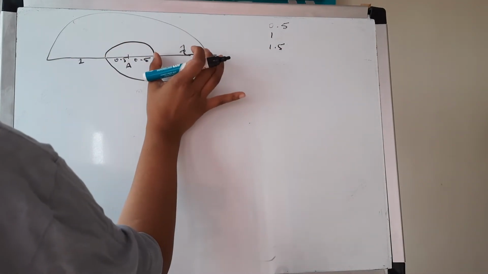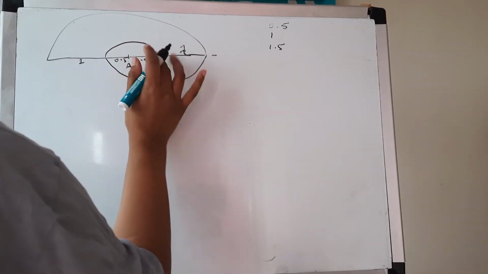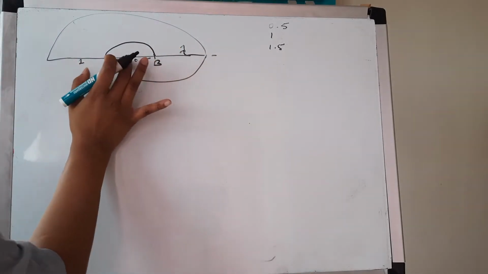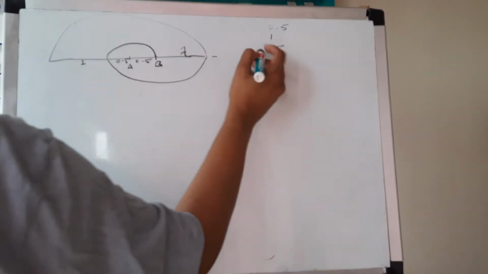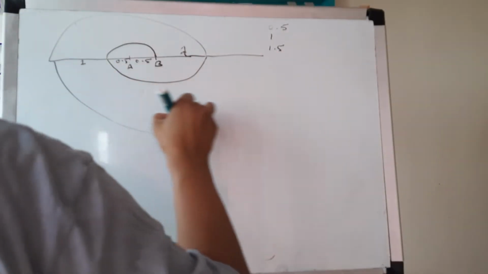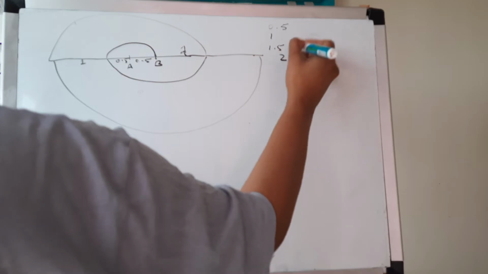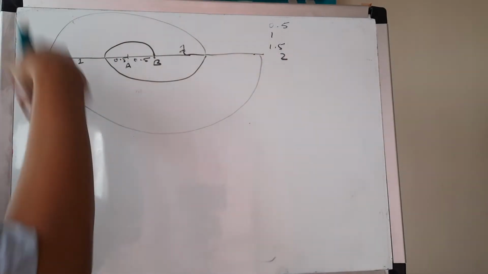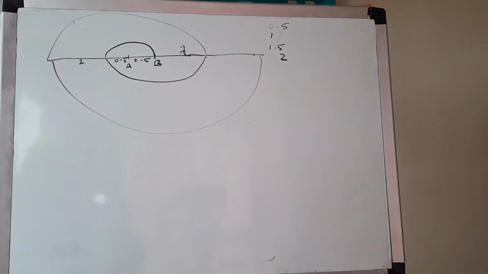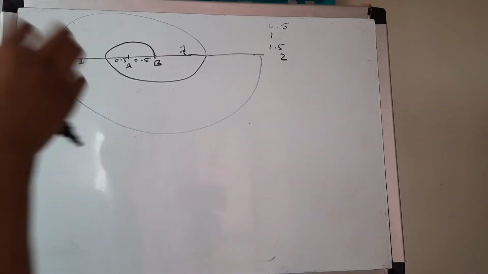So from here this is 1, right? So this is 1, 0.5, 2. This 1 is already there, so this much here, so it is like this. So 2. So this. So we have to net. It keeps on going, right? And we have to find the sum of them.